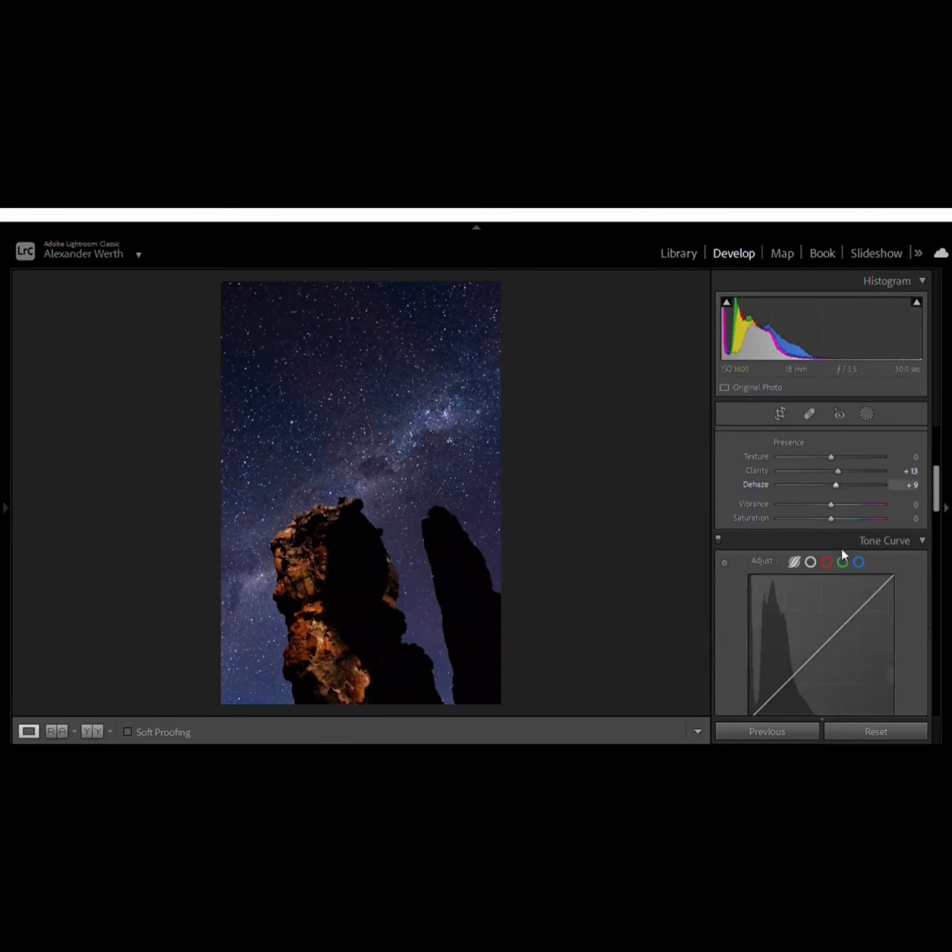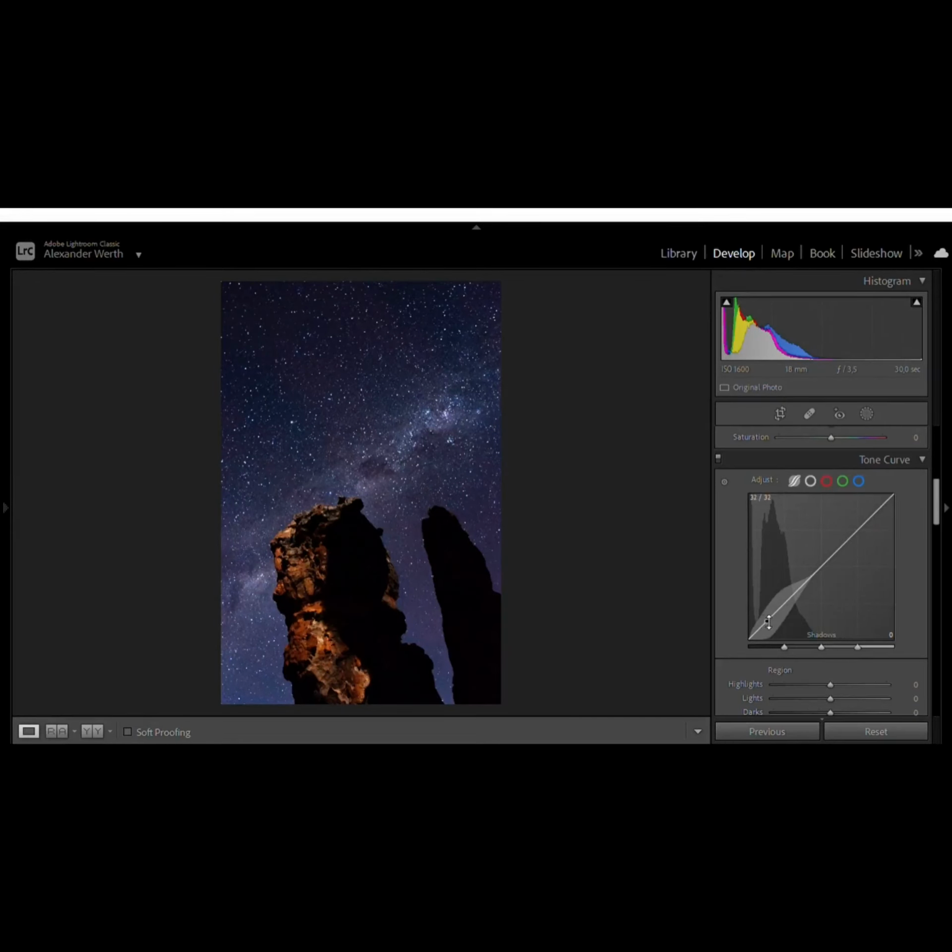Next up, let's head to our tone curve. We're going to be doing a basic S curve, so bringing our darks darker and our lights lighter. That adds some contrast to our image. So let's bring that to about there. Also about -9, you can see in the bottom right of my little